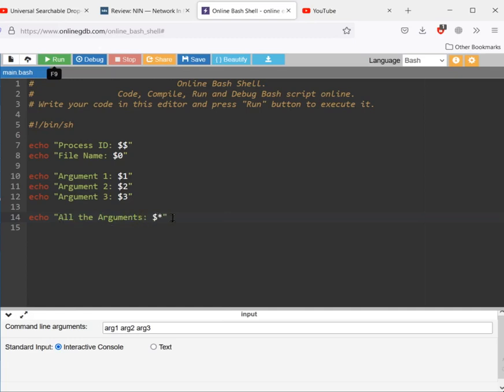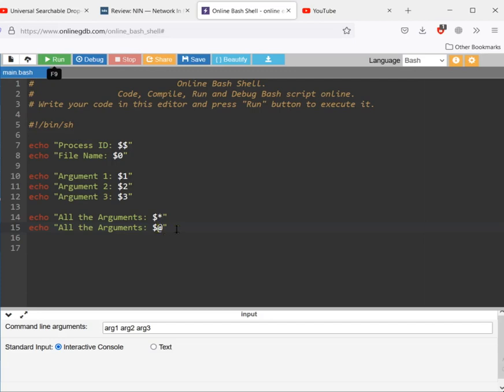Similarly, there is another syntax for printing all the arguments, that is $@. This is also used to print all the arguments, but there is a small technical difference: $* concatenates all the arguments, makes a single argument and prints it as a whole, whereas $@ creates a list, puts all those arguments into the list and prints the entire list.